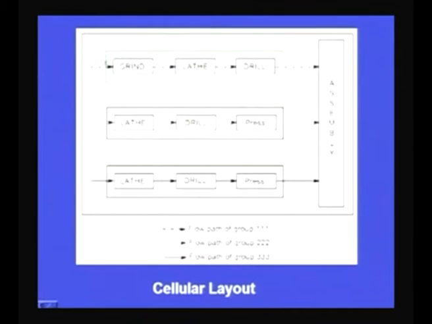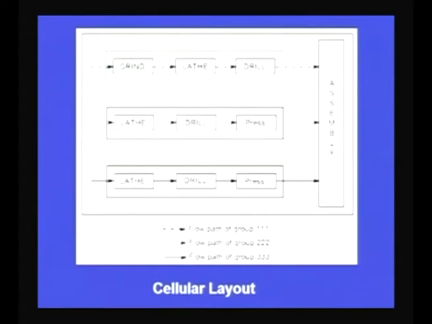So, this cell is representing a product type of layout, because after one operation, second operation, and then finally the third operation, the sub assembly is ready, which is finally assembled into the final assembly. So, different cells are there, and each cell is dedicated to a specific group of parts which would be manufactured therein.